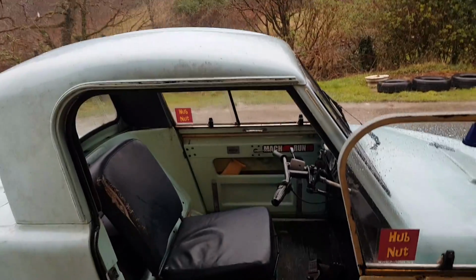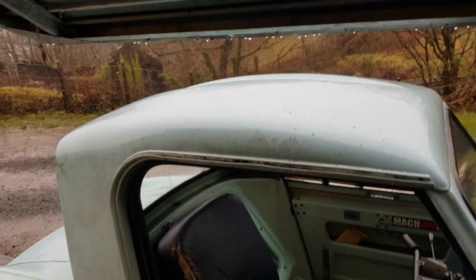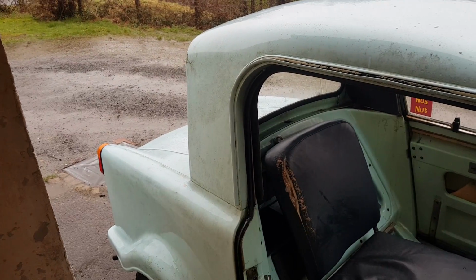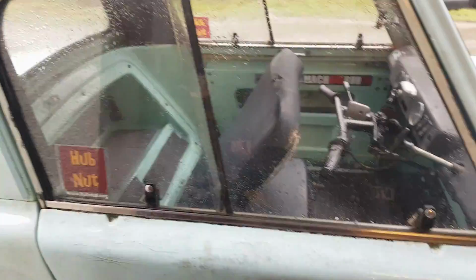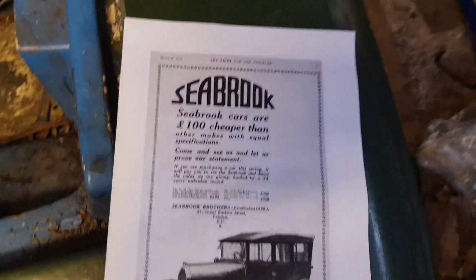So as if by magic, Tuck has appeared. It's absolutely chucking it down, and I'm almost undercover there, but not quite. That's quite irritating. And obviously got to pull the engine cover out to get access. I'm going to regret trying to do anything today. It's now trying to hail. Life is getting very unfair, so let's just stop tinkering for a moment and enjoy this that someone gave me